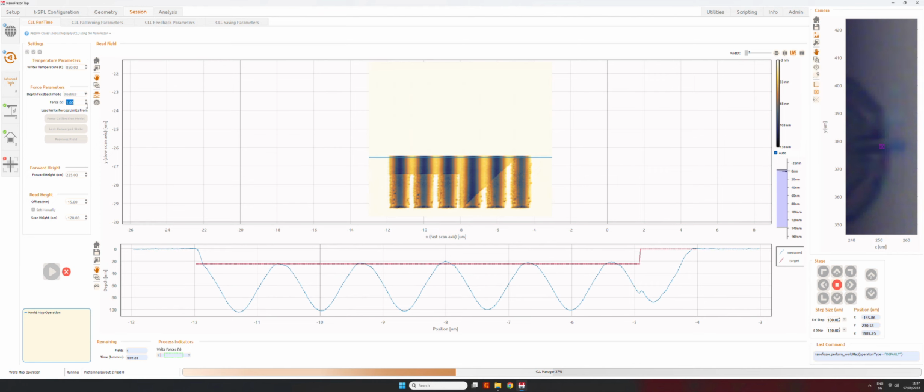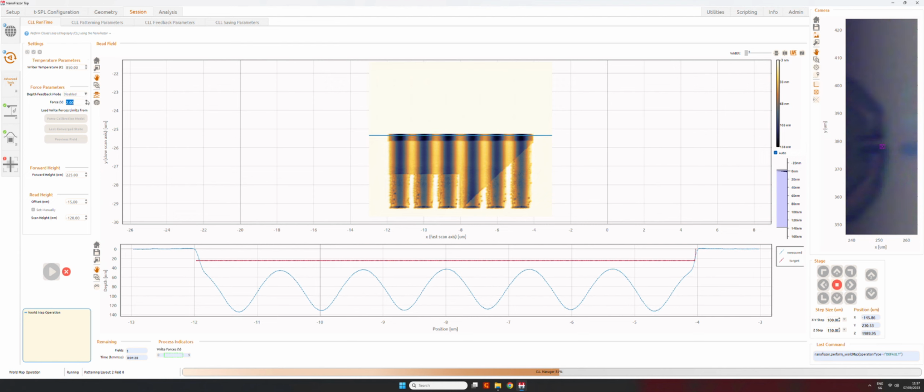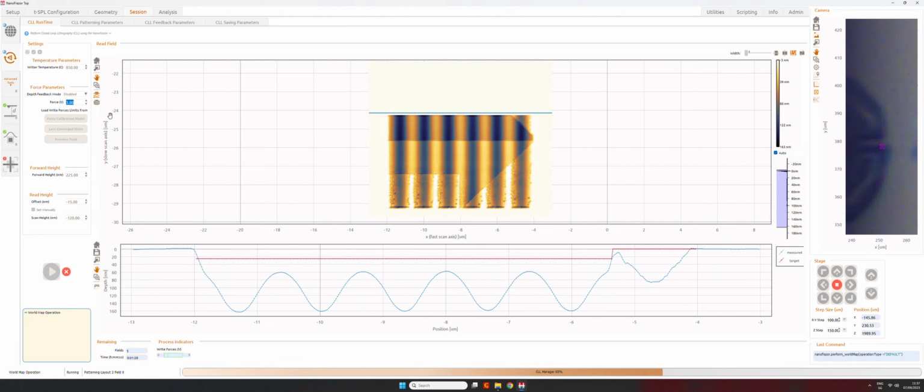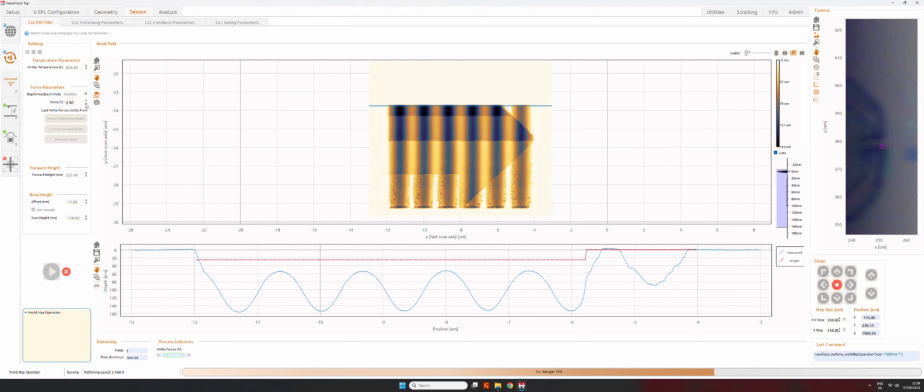So if we increase the force, let's say we put 2, you see that we increase the force, we pattern deeper when we have the arrow, but we are still patterning when we are not applying a force.